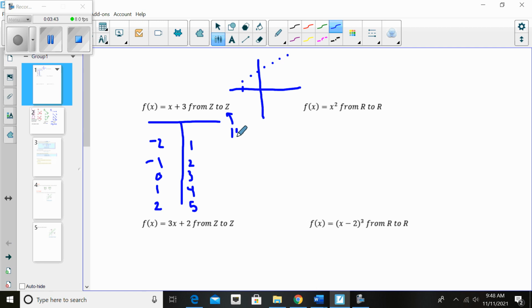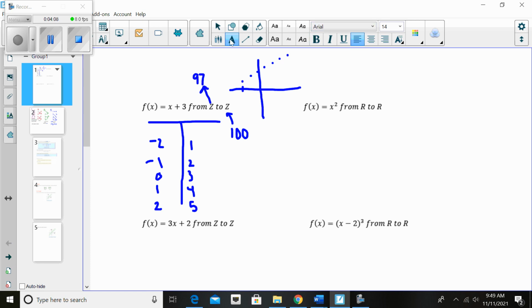I could find an element in the domain, which would be 97, that would map to that. And that is true for every possible element in the codomain. Therefore, the codomain does equal the range, and therefore this is both